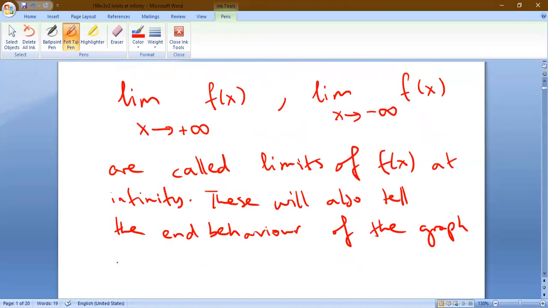So when you know these two limits, then you also know how the end of the graph of the function f looks like. I will give examples, but